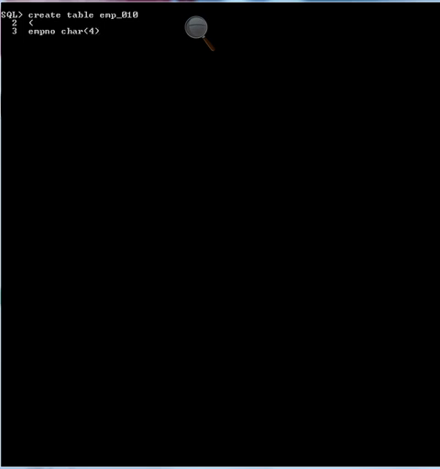Size is 4. And here I want to give emp number as NOT NULL, so that I cannot leave emp number as null, we cannot leave it blank.